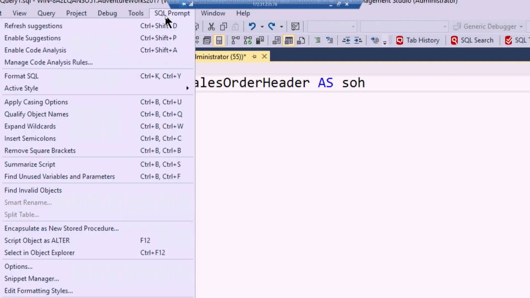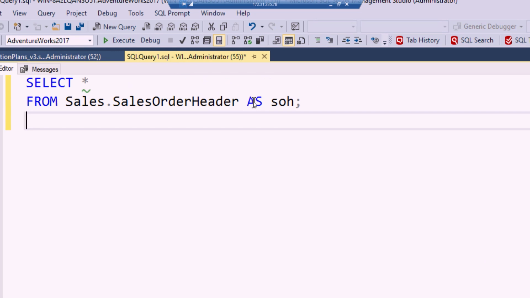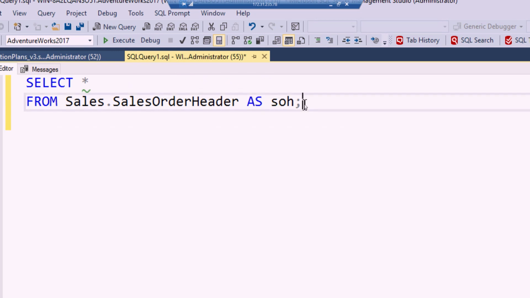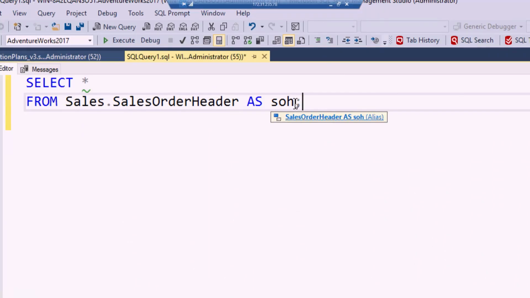Let's see, what else? We mentioned, zoom in. We mentioned that SQL Prompt can do removing brackets and adding brackets, and that does it on the fly. And it does insert and remove semicolons on the fly, and the semicolons, if I were to format this, Control-K, Control-Y, you can then see that the semicolon was added there at the end automatically, right there. So that's all coming in automatically. Now, that's cool and all. And you've seen the little prompt there that says, oh, don't do select star.